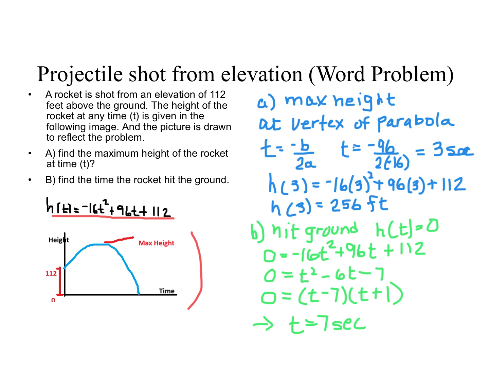from 112 feet up to a maximum height, which we're going to find, and then it's going to hit the ground at 0 at some point t here. And so the questions are, A is to find the maximum height of the rocket at time t, and B is find the time the rocket hits the ground. So in part A, find the maximum height,